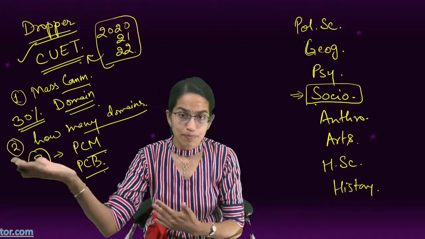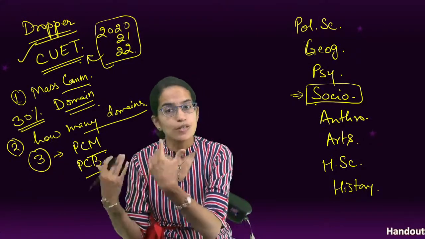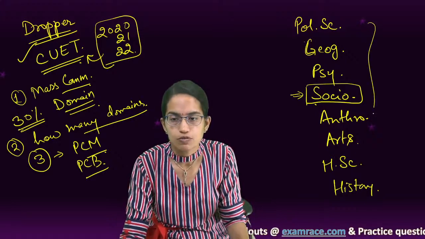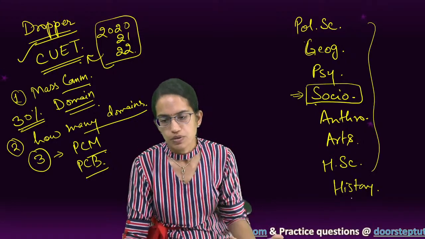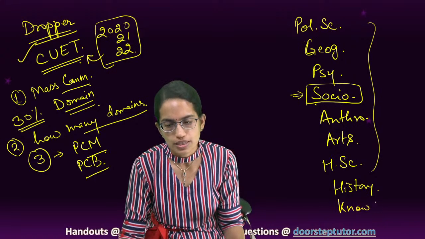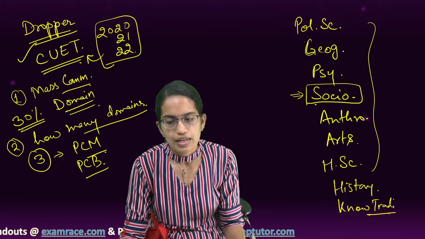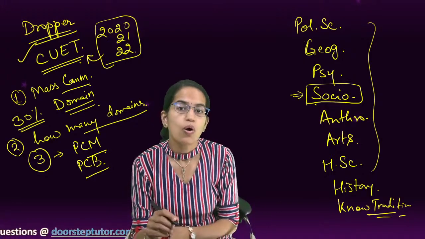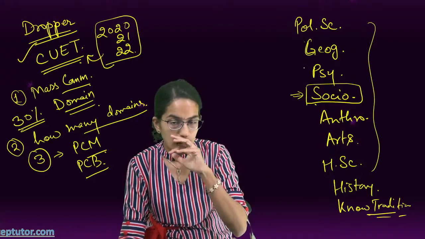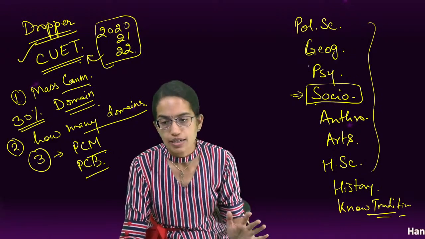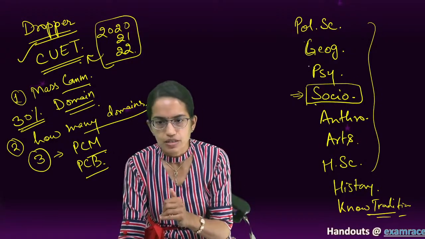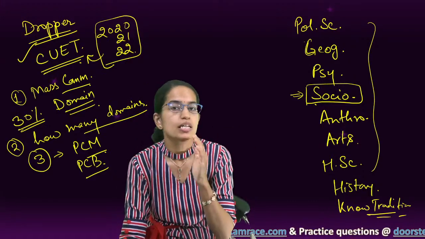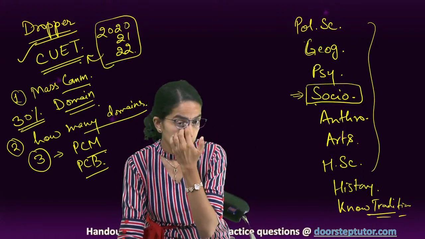But there are other departments as well. For example, there is a department of philosophy. Now in the philosophy department, any of these subjects won't match. So what could be a good option? You can either go for knowledge tradition paper. Similarly, there are other papers where performing arts could be asked. So you have another paper on art and heritage, so that art, heritage and sculpture. So that can be another combination that you can take if you want to enter into performing arts, fine arts. So those are other departments that you want to enter into.